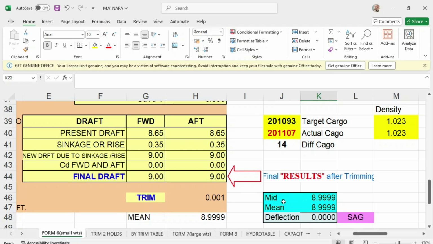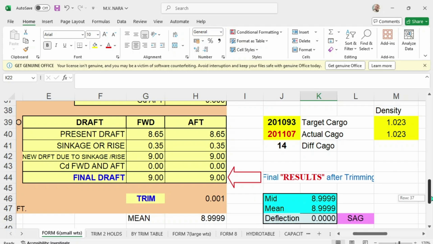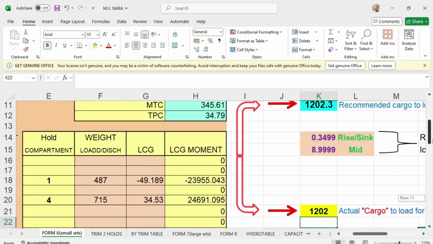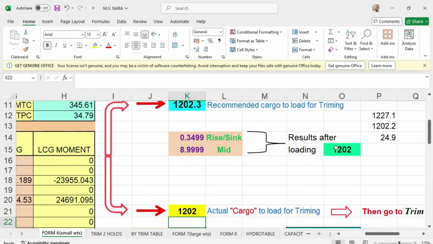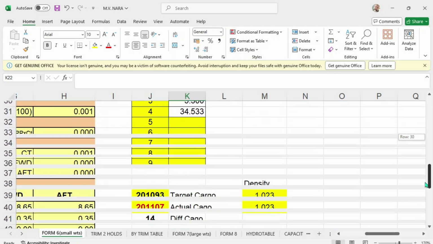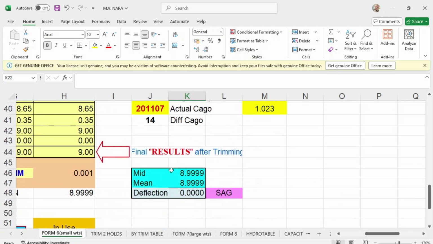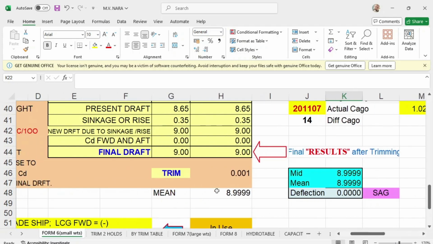Where did I get this mid draft? Your mid draft would be this one, because when you load 1202, this will be your actual mid draft. So that is where I put here mid draft. And your mean draft, of course, this will be your mean draft, and you have a 0 deflection. But take note, guys,